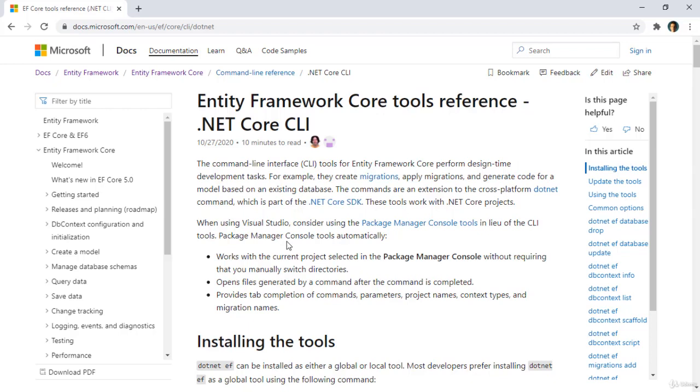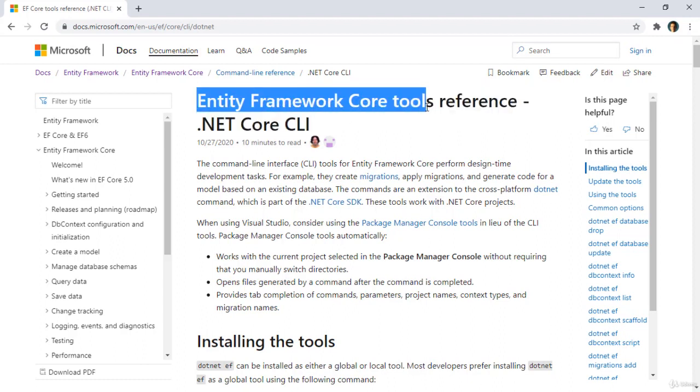In this video, we are going to install the Entity Framework Core tools. With these tools, we can use Entity Framework Core commands from the command line. This is important if you are not going to use Visual Studio. If you are going to use the .NET CLI directly, you must install this tool that we're going to install